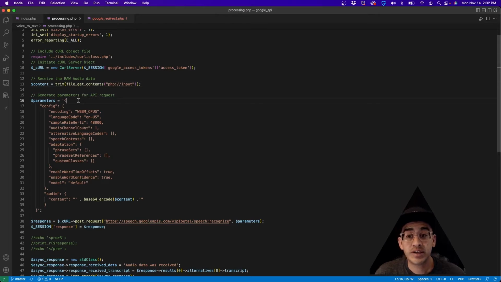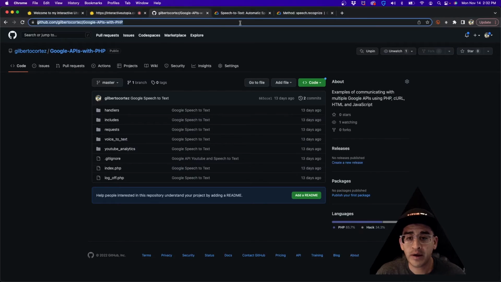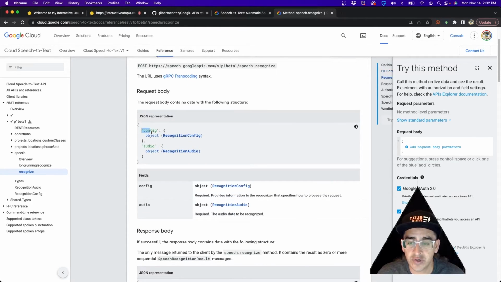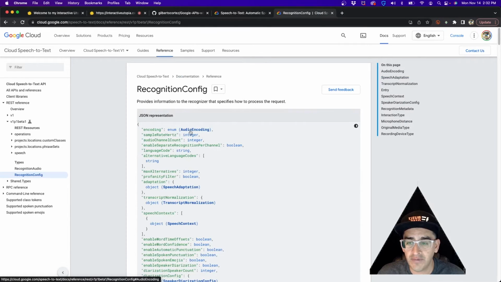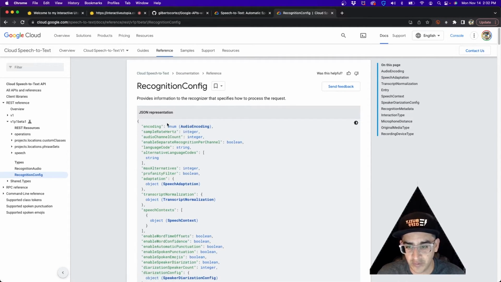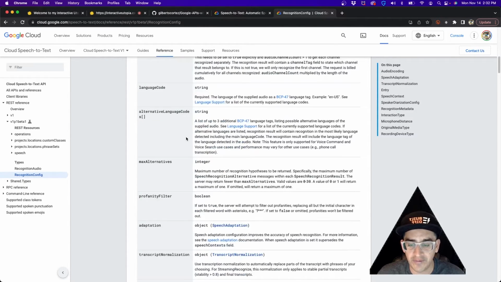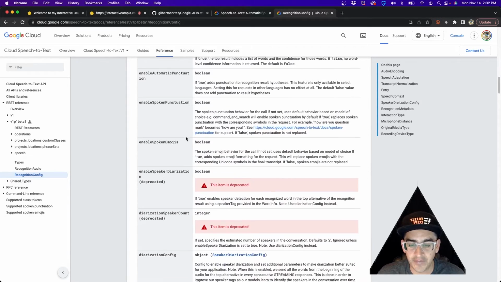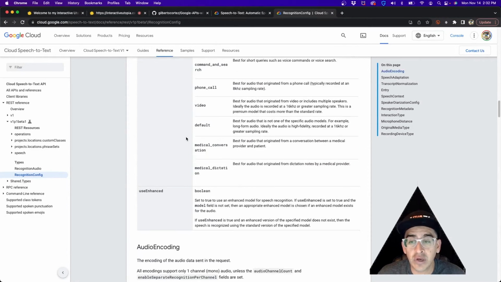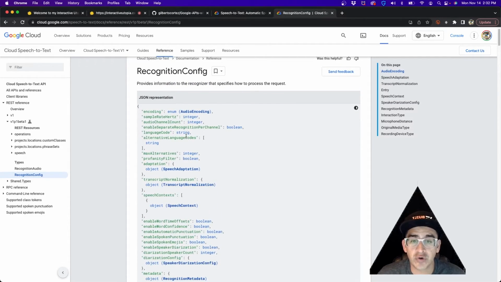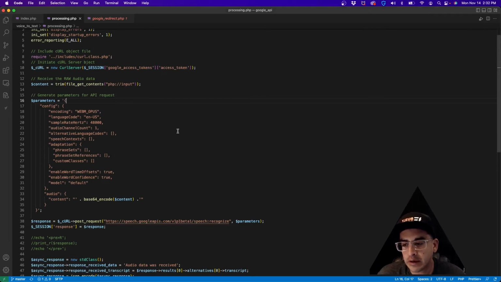We need to get our JSON prepared. So if we go back to the information, it tells you that you need to do the config and the audio. If you want more information about the config, you can go and it'll tell you pretty much everything you need. These are a little more information on the fields that you can include in there. Make sure that some of them are required. So be sure to, if you are more interested, take a look at it and see what you need